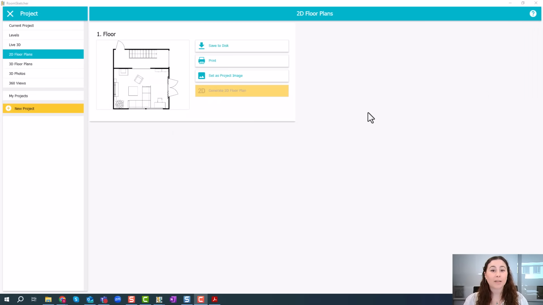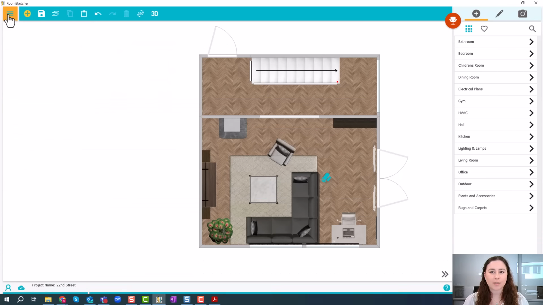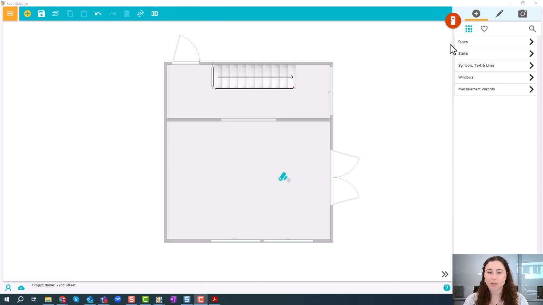And now, while the 3D is working in the background, I'm going to go ahead and add measurements to my 2D floor plan. So let's close this window and we want to go back into Windows, etc. mode. Now, the first thing you'll notice once I go into Windows, etc. mode is that all the furniture disappeared. But we do want to bring them back because it's going to make it easier for us to place text